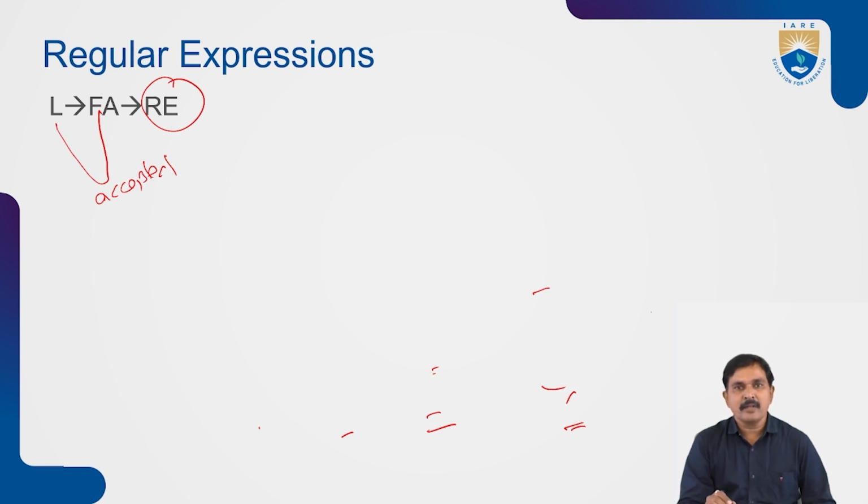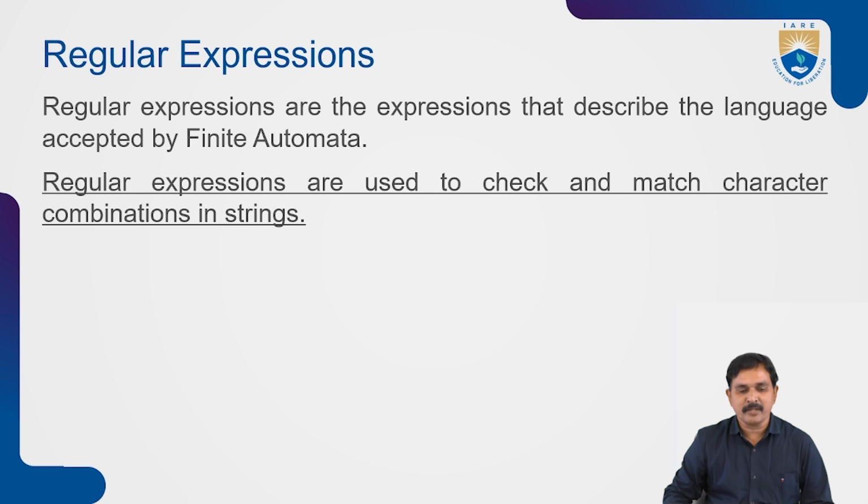Now we have to know some interrelated information on different topics: what the language is, and how the language is accepted. Suppose after accepting the strings of a particular language, you reach the final state, then the language is accepted. Otherwise, the language is not accepted. So the accepted strings of the language can be expressed by one simple expression, which is called a regular expression. So this is the idea about regular expression.